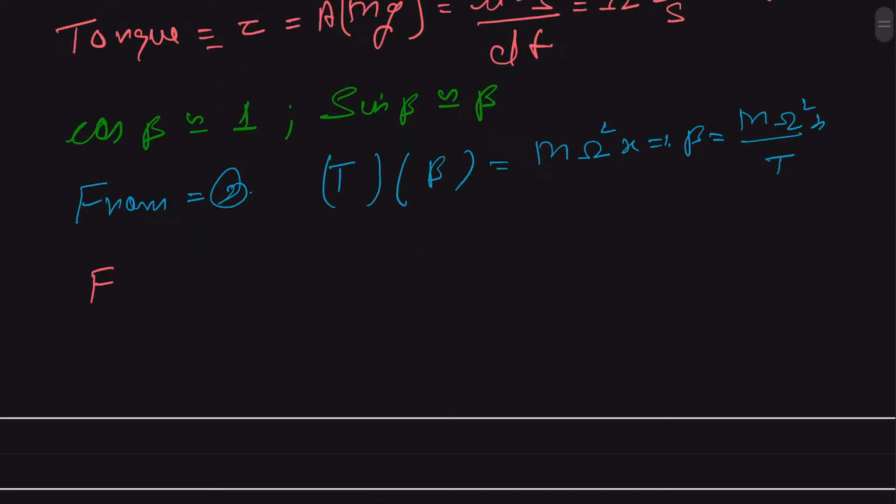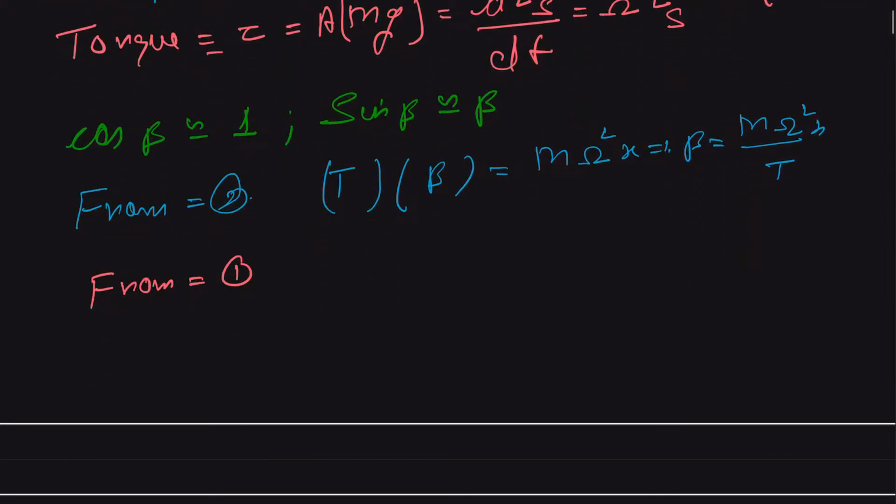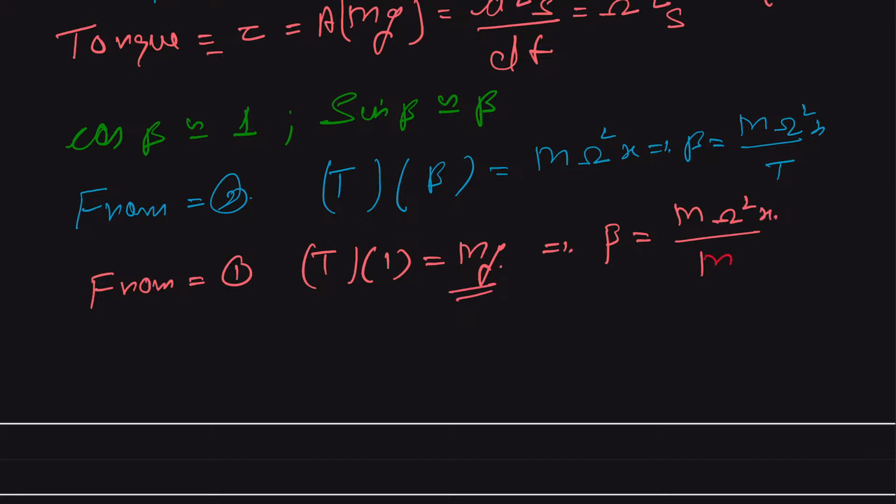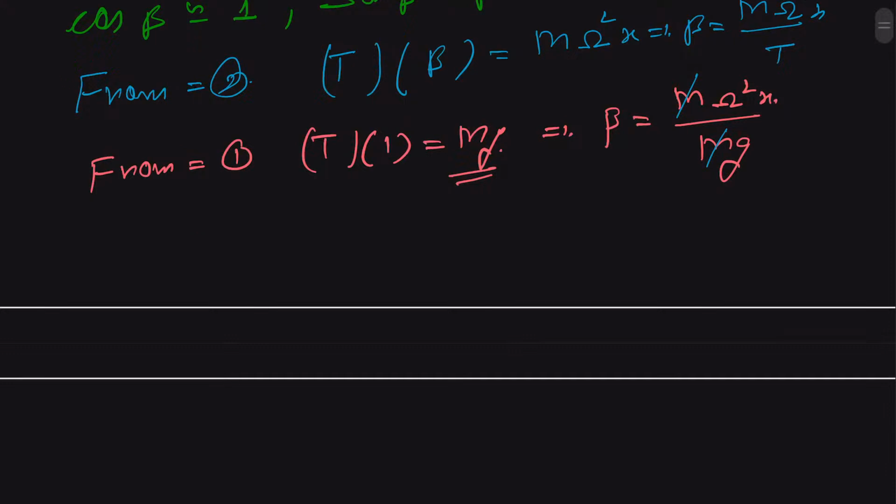So you can say from equation 1 we can write that T times 1 is equal to mg, because cos of beta is 1. Therefore, we get that our beta, which is m omega square x, and we substitute the value of T, which is mg. And here this m and m cancel out. Okay. So we get that our beta